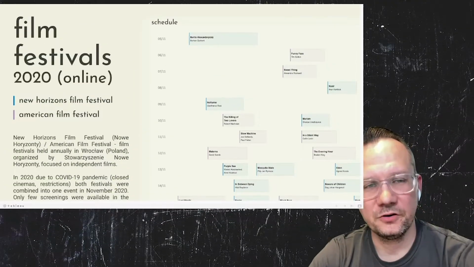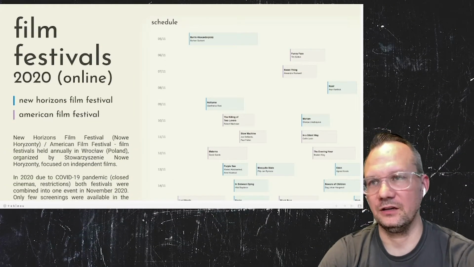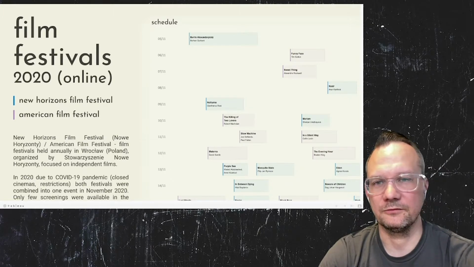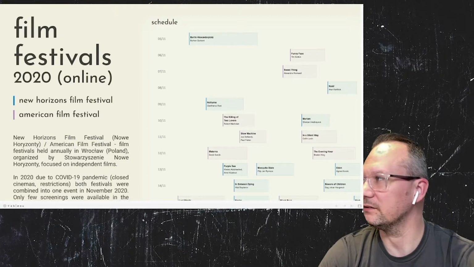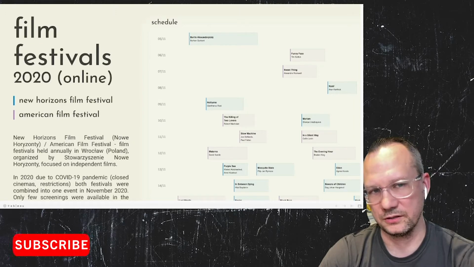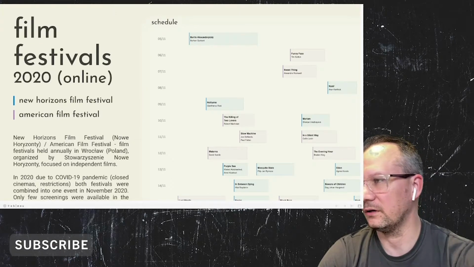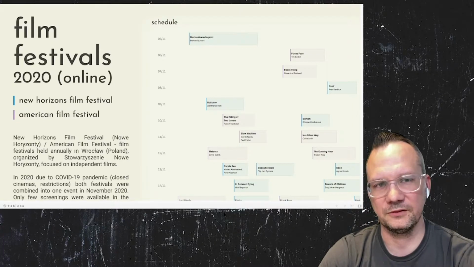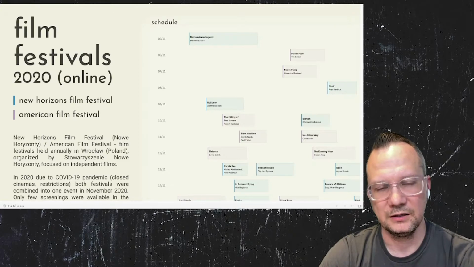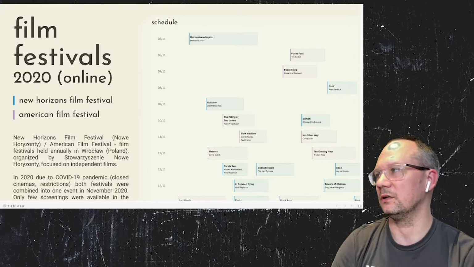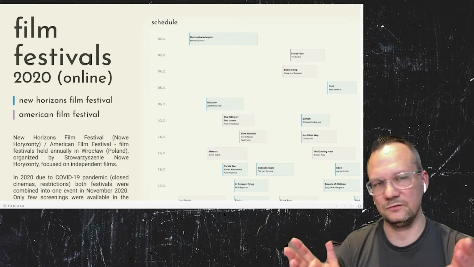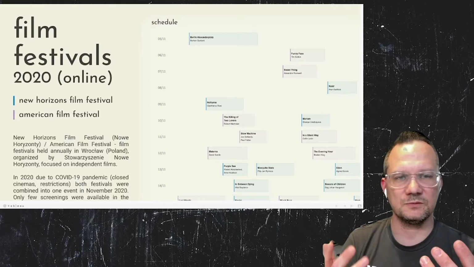Nicely done. So this next viz of the day is by Krzysztof Bieniek from Poland, and it is a Gantt chart looking at how Krzysztof viewed movies from film festivals that were put online, streaming online due to COVID, right? So two film festivals where every single movie within the festival was added to a streaming service, and